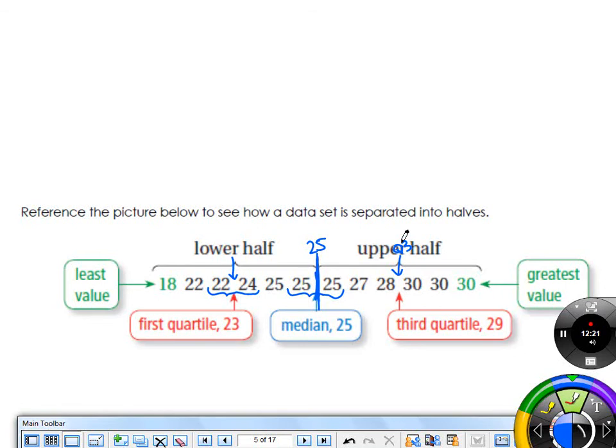But notice once it's split, how many pieces of data fall up to the first quartile? 3 in this case, right? How many pieces of data fall between the first and the second quartile? 3. How many pieces of data fall between the second and the third quartile? 3. And how many pieces of data fall between the third quartile and the maximum? 3. Okay? So it splits all the data into equal amounts of data points in each part,